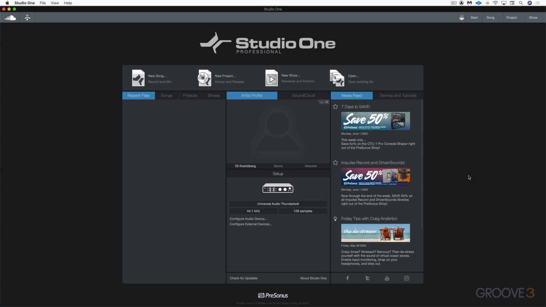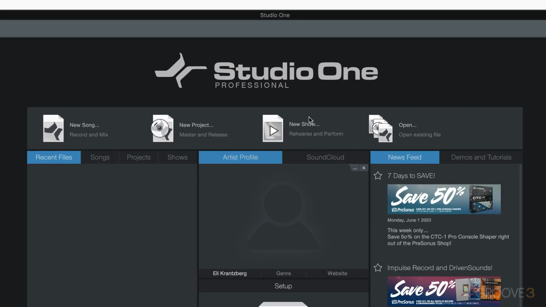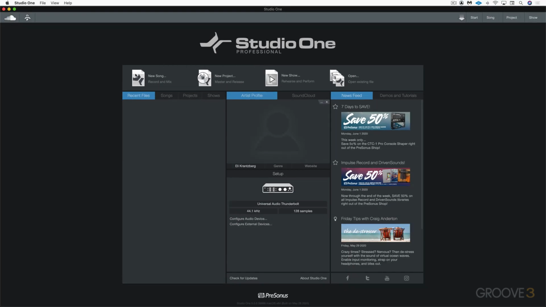When you launch Studio One 5, you'll be presented with this start page where you can select what you want to do. And for those of you with a keen eye who've used earlier versions, you'll notice a new button here for New Show, which is a whole new format for running Studio One that provides a series of features that are useful for using it in live performance. So we can start a new song, which is what we use to record and edit and mix our music, a new project, which is used for mastering, the shows, which are used for live performance, and we have the